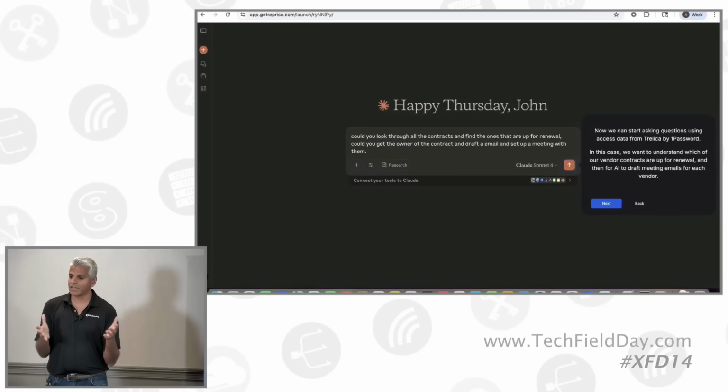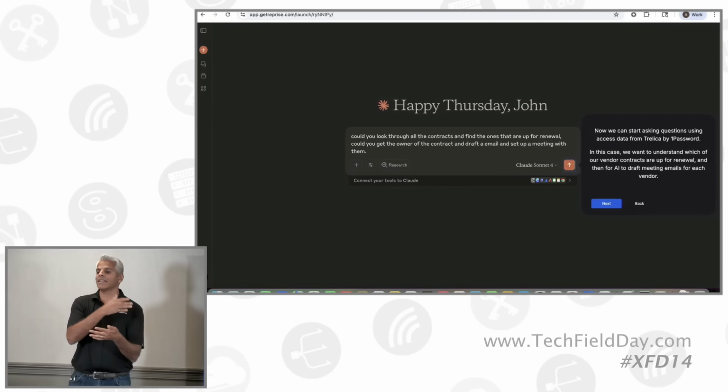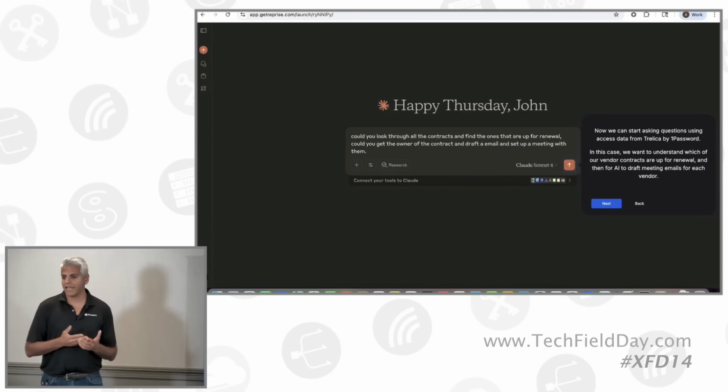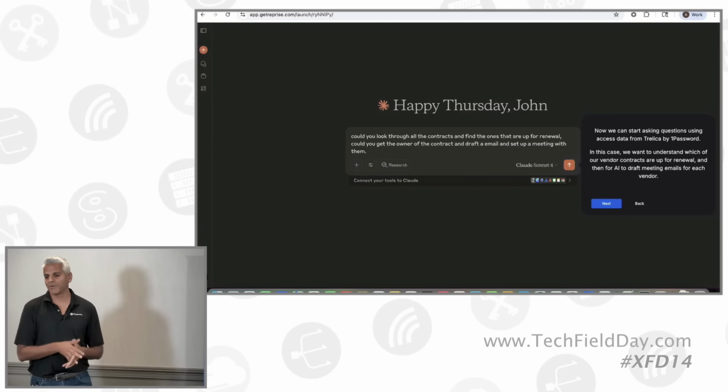No, so this demo is more the AI for security a little bit, right? In terms of, we have the Trelica software. Basically, you can access it via API today, right? But what we wanted to enable is an LLM to also be able to access that same data that's already available. So in this case, we're just using vanilla MCP, right, to support this use case. But you'll notice that it's not the most sensitive of data, right? We're not putting raw credentials or anything like that. This is the ability to answer these kinds of questions. And so that's what I'm demoing right now.